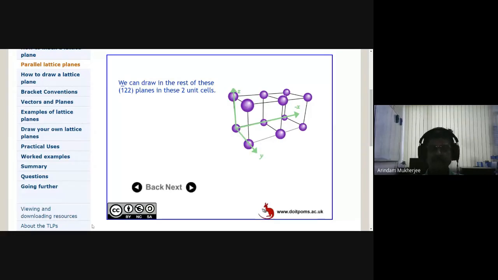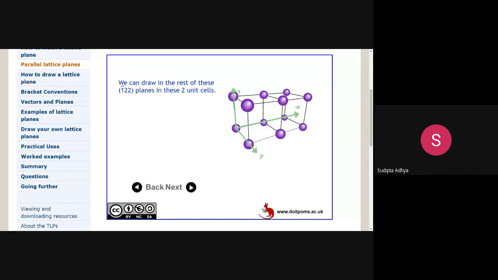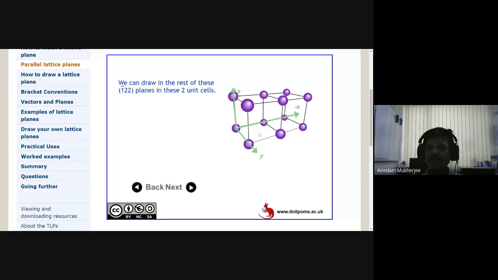Let me see. I will share a different window. Your silence is telling me that you are not getting it. No, sir, I got it. Like, if we shift the origin in this way, because it is in the middle also of the unit cell. That's what I am trying to say. You get it? I am looking from the middle of the unit cell. So that is how I can actually change it. So I can actually go on shifting.